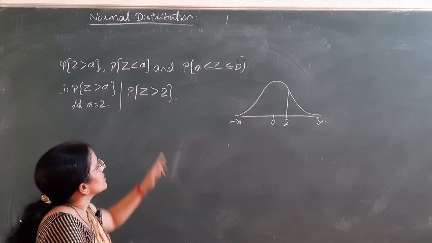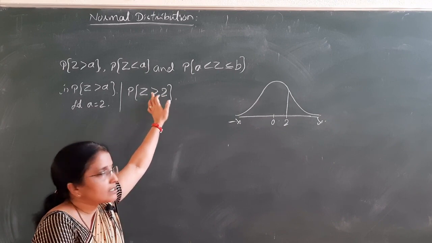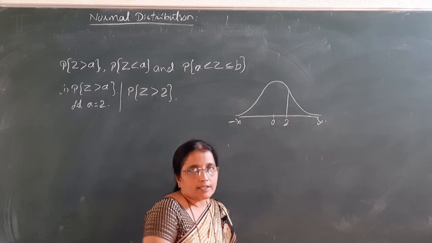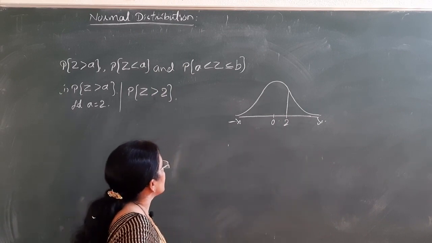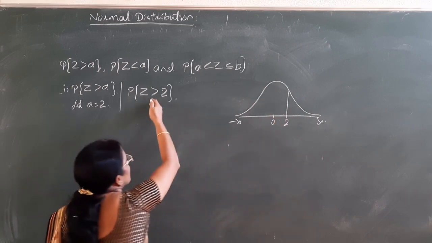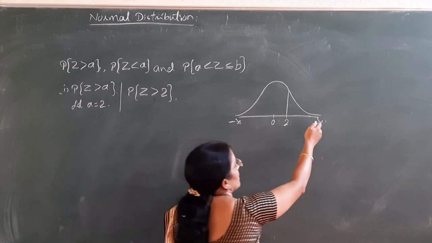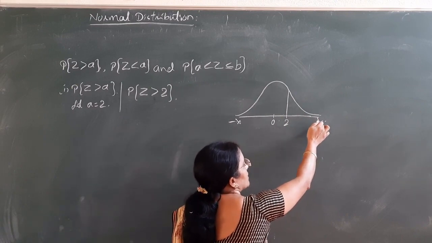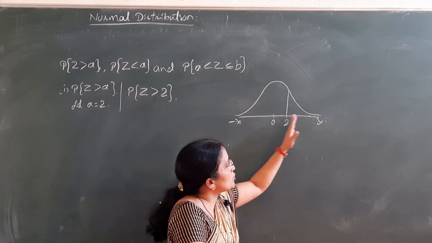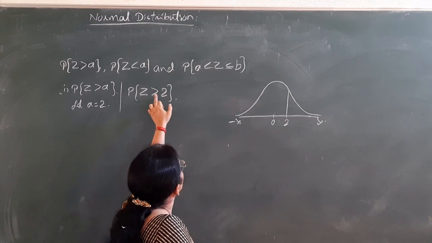Now shade the region which represents z is greater than 2. Greater means always, on the number line, the right side of a particular number. It indicates a greater than region. So here greater than 2, and one more factor: the upper limit is not mentioned. If it is not mentioned, our upper limit in standard normal distribution is infinity. So we must move from 2 to infinity, which indicates the region z is greater than 2.